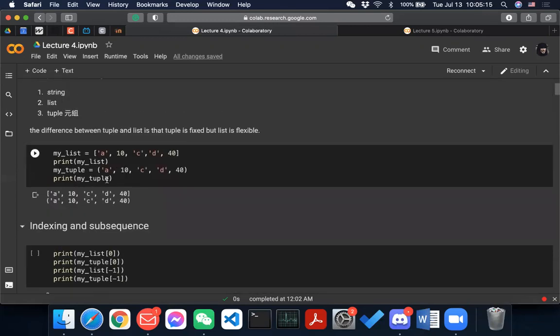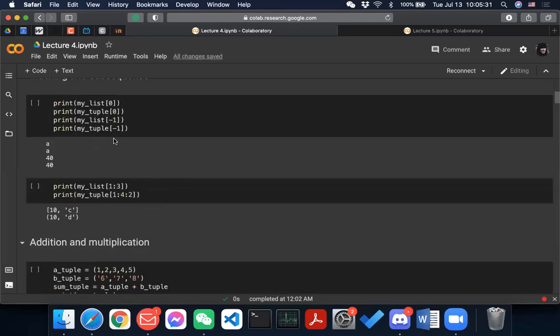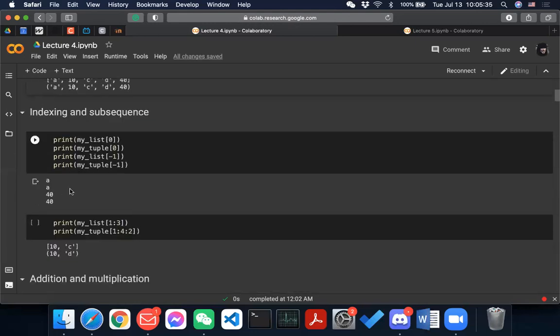好吧，那我们开始 today's lecture，好吧？那么昨天讲了什么？昨天讲了 sequence in Python，对吧？有 string，有 list，有 tuple。那 tuple 和 list 的主要区别就是 list 是 flexible，然后 tuple 是比较 fixed，right？So yeah, once you have assigned a tuple, then this tuple cannot be changed after you have created it. Okay, and then indexing in the subsequence works the same for tuple and the list.